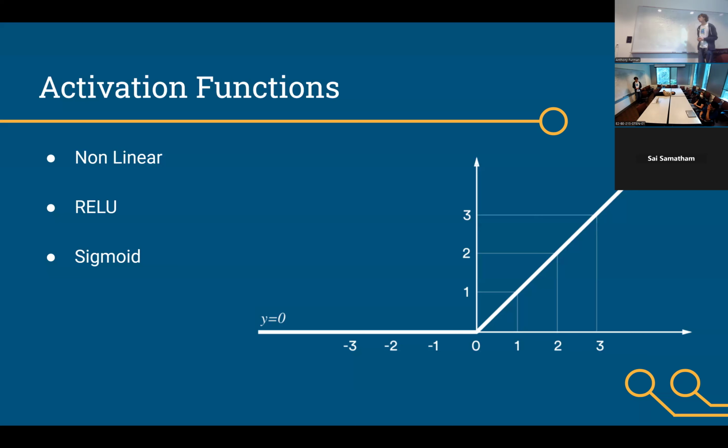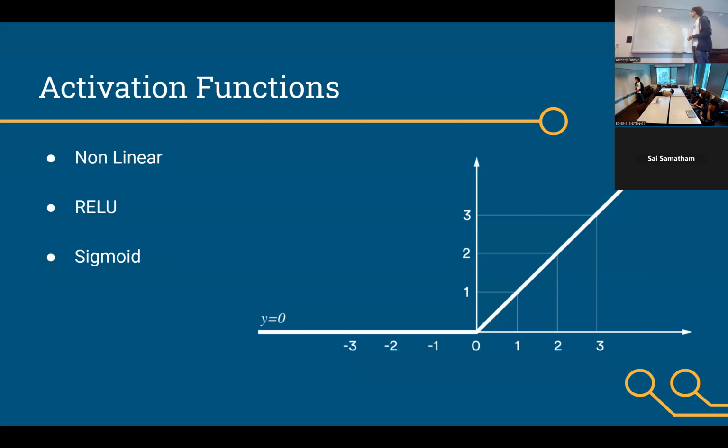X cubed is non-linear, right? It kind of looks like this. X cubed looks like this, so that's not a straight line. Any other ones? Squared, yeah. Also not a straight line. So we